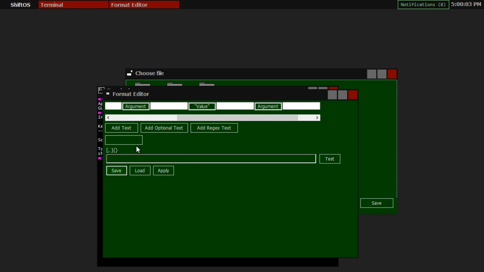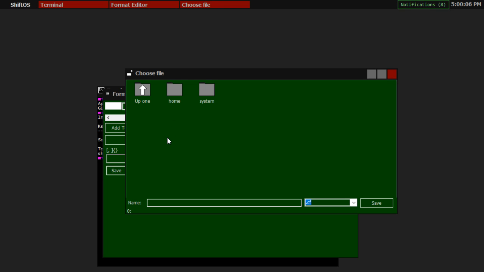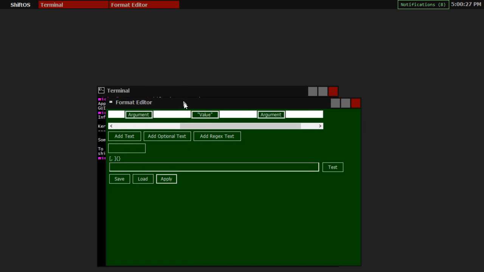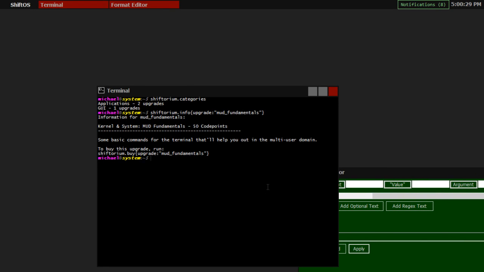save, we can save this syntax file to our file system, and we'll create a bash and I believe that's .cf, so command format. That makes sense. So we'll call it bash.cf. Then we can hit apply, and much like in the skin loader, it will actually load this command format into the system. So now if we do